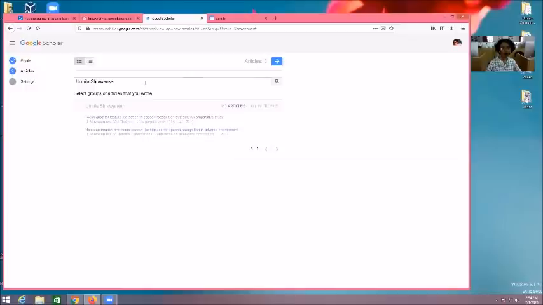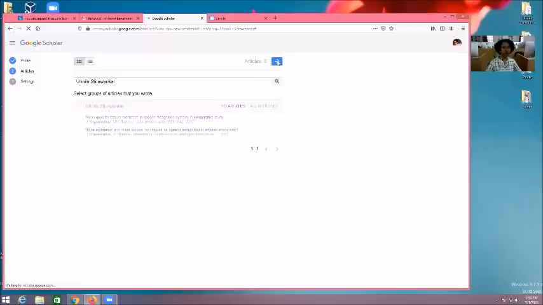Yes, according to the name, Google will automatically search all your publications. Some it may miss. At that time we can correct it using your name, email ID, whatever is missing. So it is finding 143 articles. Actually it is more than 150 articles in my profile. It will ask you about all of them. Yes, you can take it.